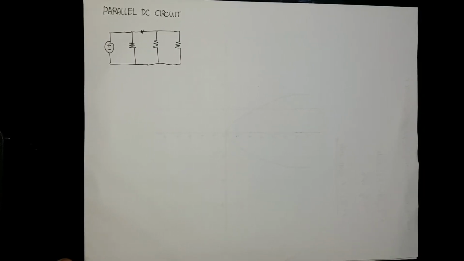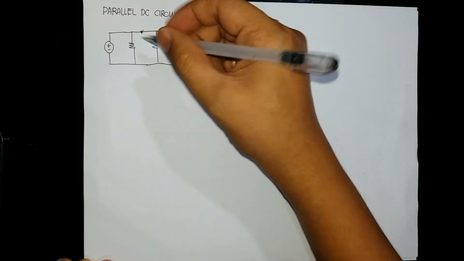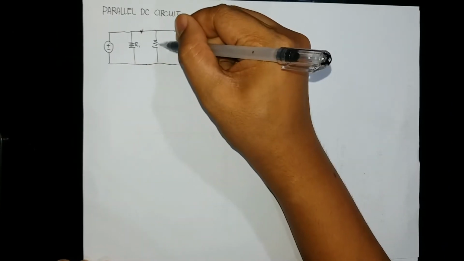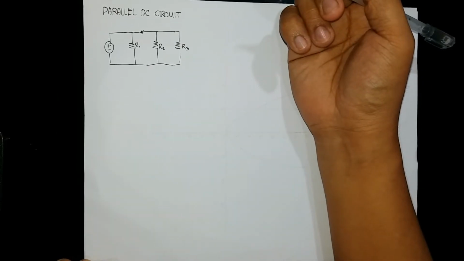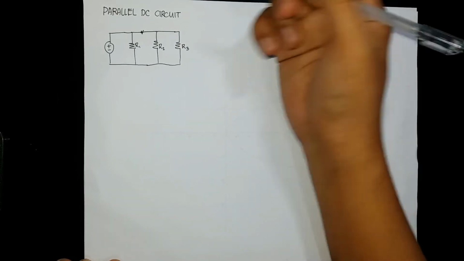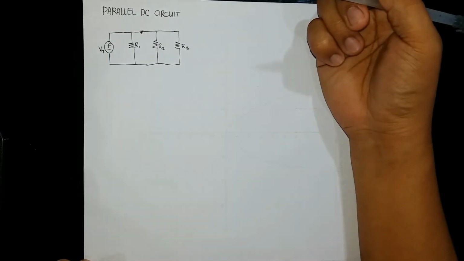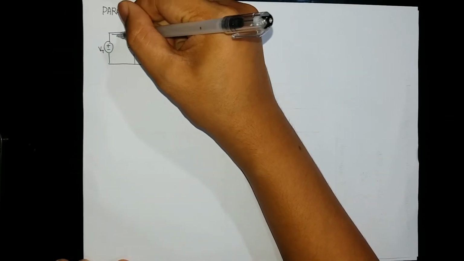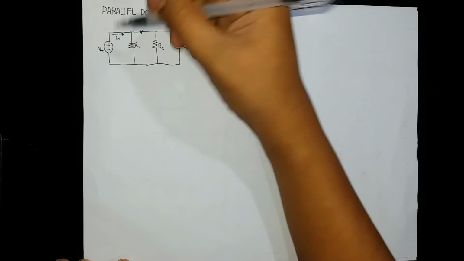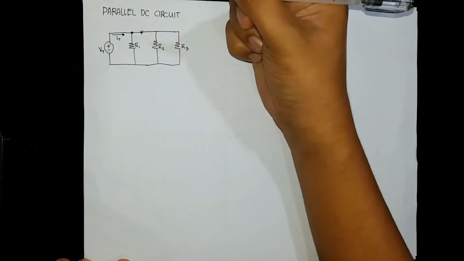So we have now here a parallel DC circuit. So 3 resistors R1, R2, and R3 are now connected in parallel with, say, a total voltage source of VT. So we have here a total current IT produced by this voltage source, and upon